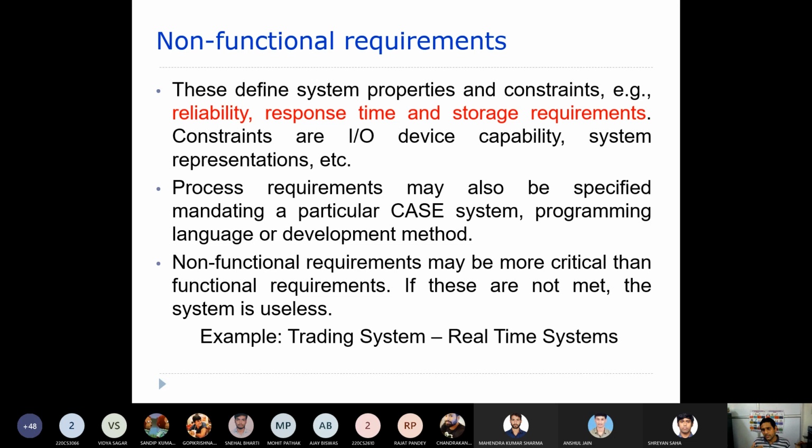If the system is delayed by 5 to 10 seconds, what will happen? You will not be able to trade the business, right? So wherever the system is very time critical, in that case sometimes these non-functional requirements are very critical again.